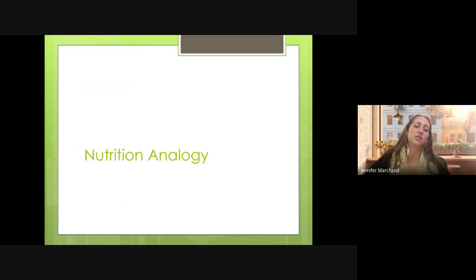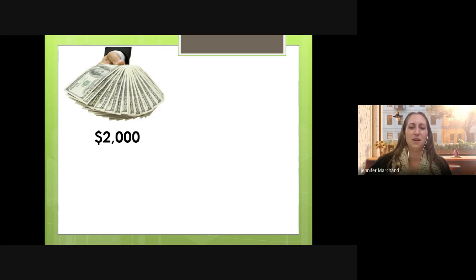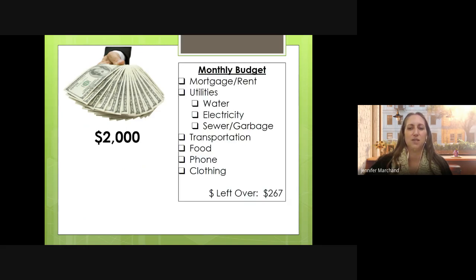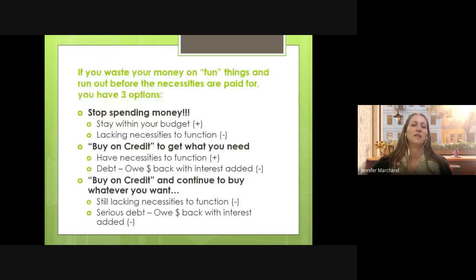All right, so here's a little nutrition analogy for us, okay? So if we have $2,000, this is our monthly budget. We've got to pay our mortgage, our utilities, water, electric, and sewer. And then we got to pay transportation, phone, clothing, etc. This is what we have left over, $267. That's our fun money. All right, so if we waste all of our fun money on fun things before the necessities are paid for,